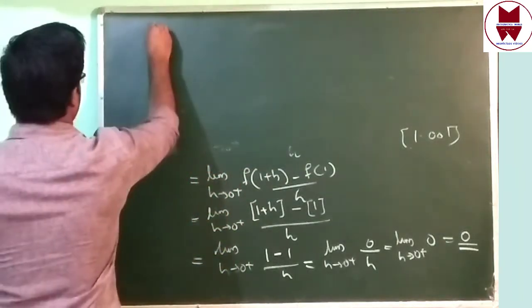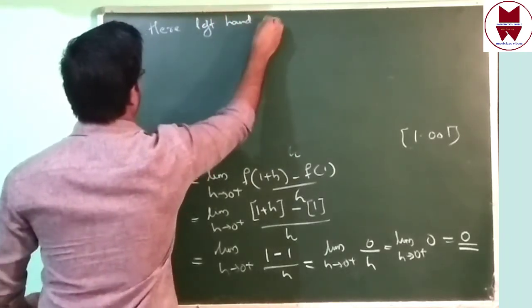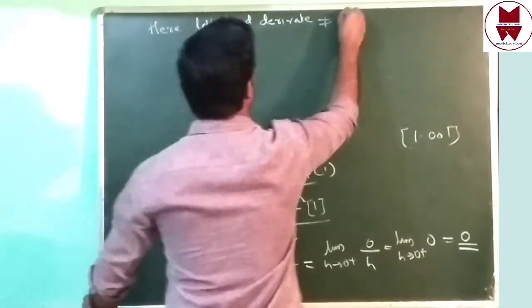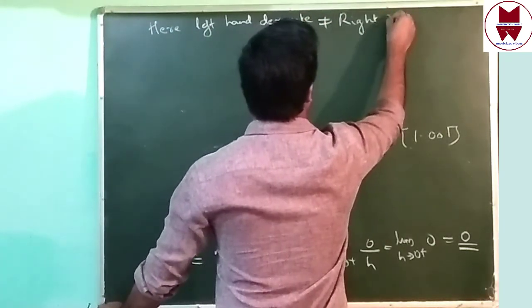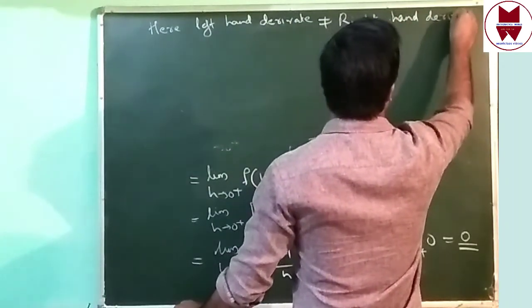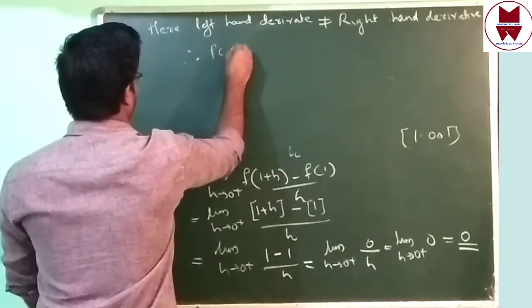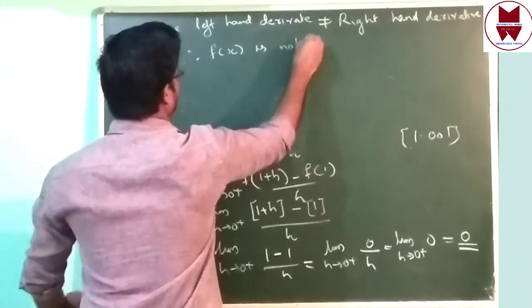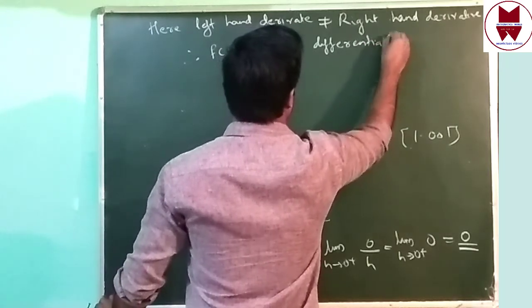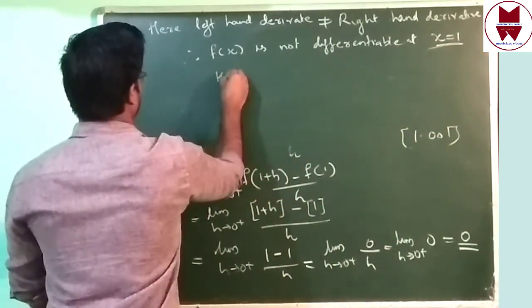That's why we can write here: left hand derivative is not equal to right hand derivative. Therefore, f(x) is not differentiable at x = 1. Hence,